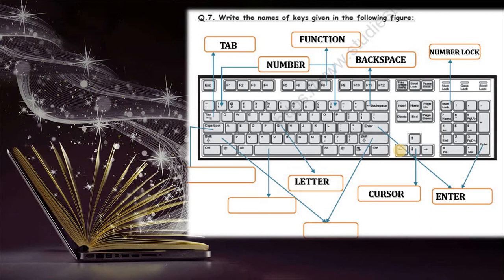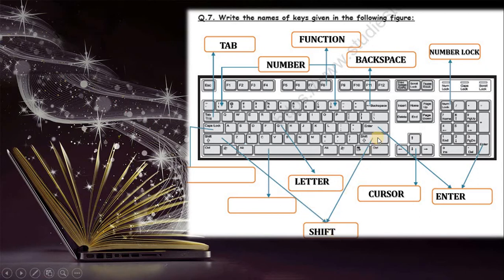Now another one, letter key. See the arrow where it shows letters, right? So the name is letter key, or another name that is given is alphabetic key. Which key? Alphabetic, because the alphabet letters A to Z are given on the keyboard and it is used for typing words, letters, paragraphs, right? And the numbers are used for writing numbers. Correct?